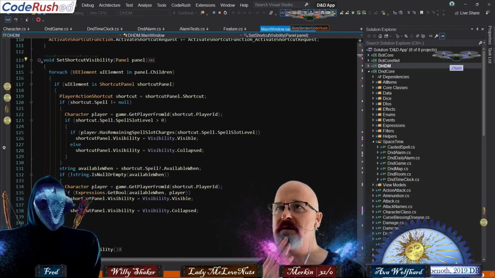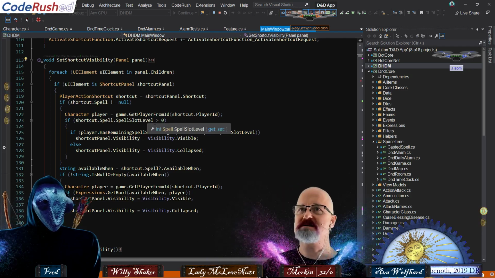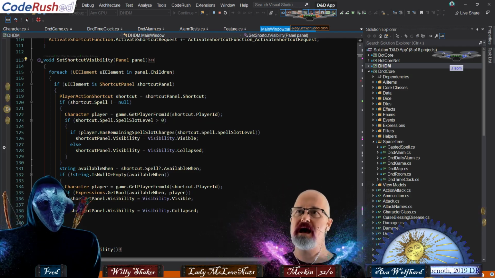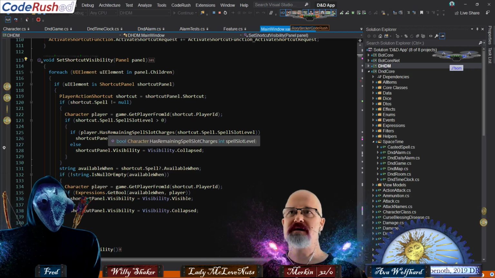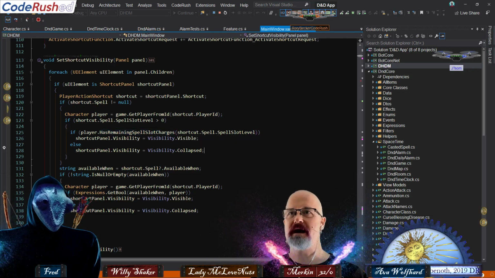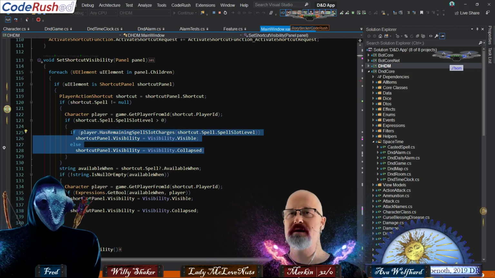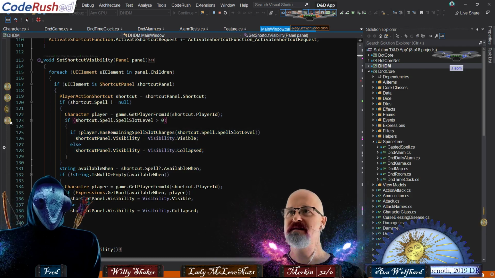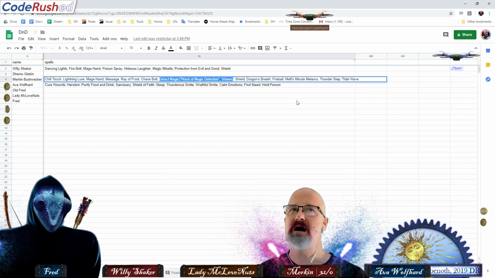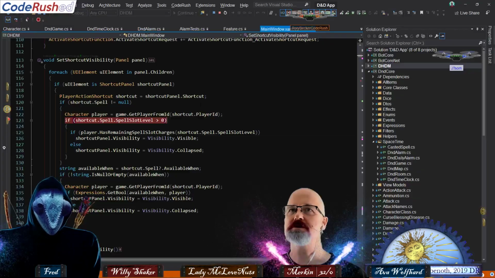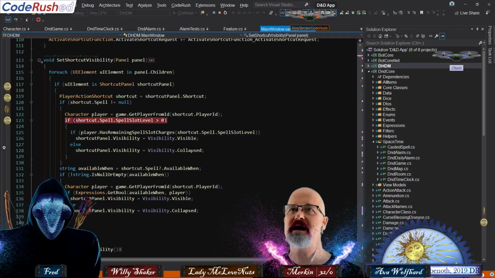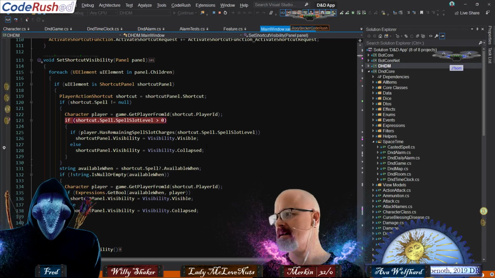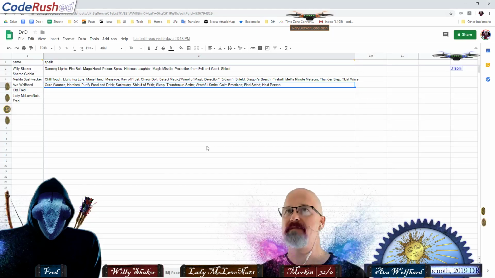And so here, we're checking if the spell slot level is greater than 0 and if player.has remaining, so we're kind of starting to work down this line right here. Do you have any remaining spell slot charges? Okay, well then we're going to go here. But here's the thing, we really only need to check that if that item doesn't have any charges. If it's got charges, then we don't care if we're going to use spell slots or not. So we need to see what the charges are on that thing.